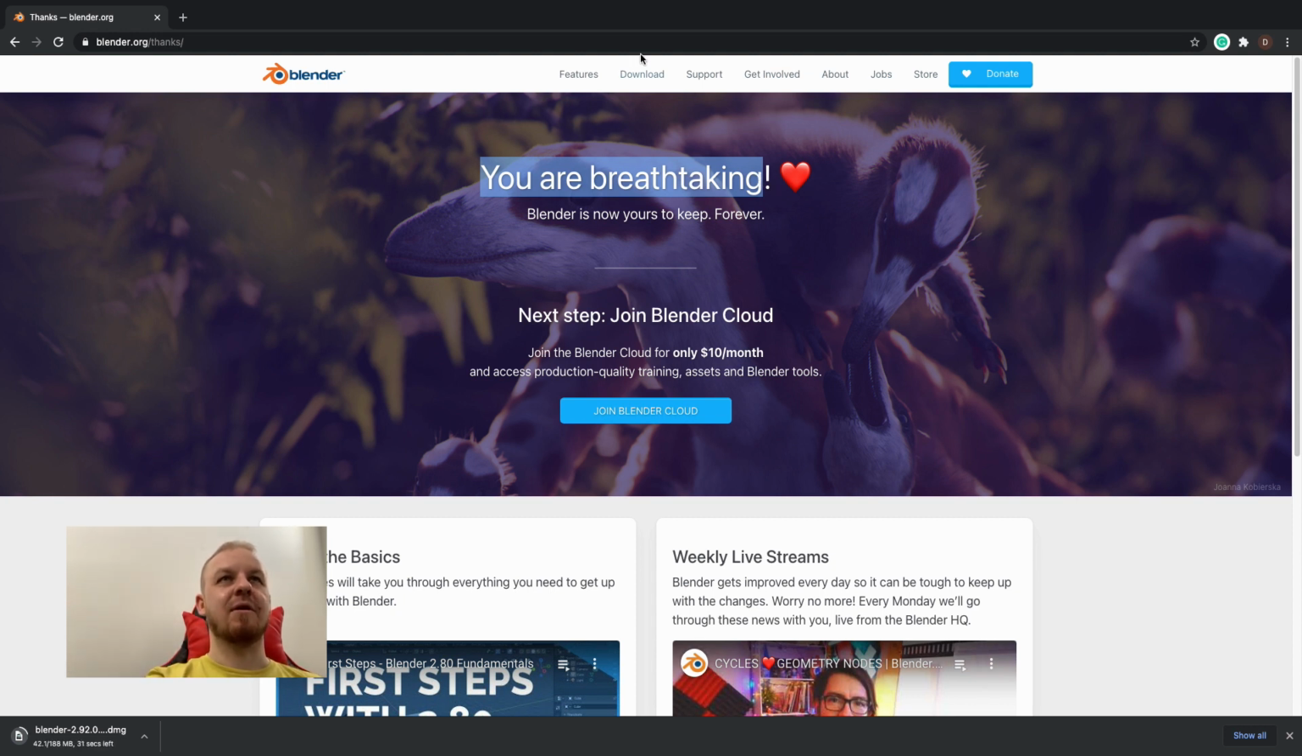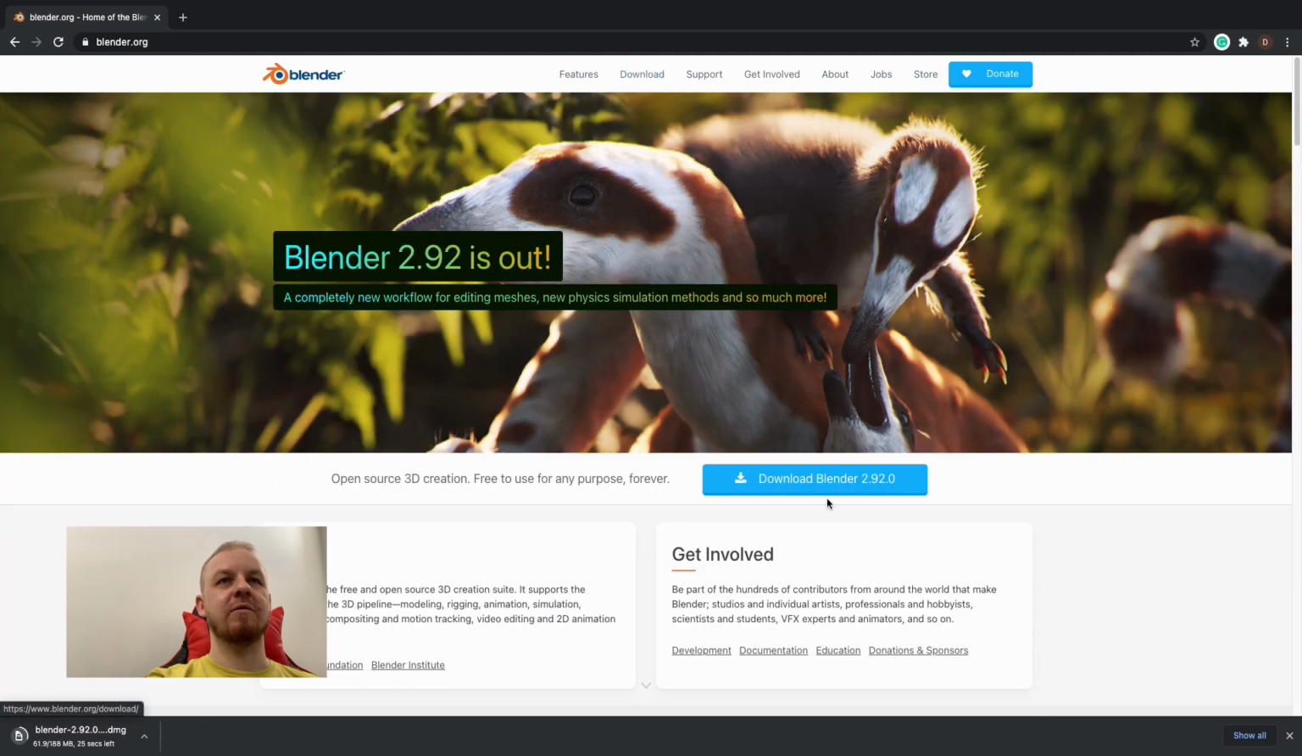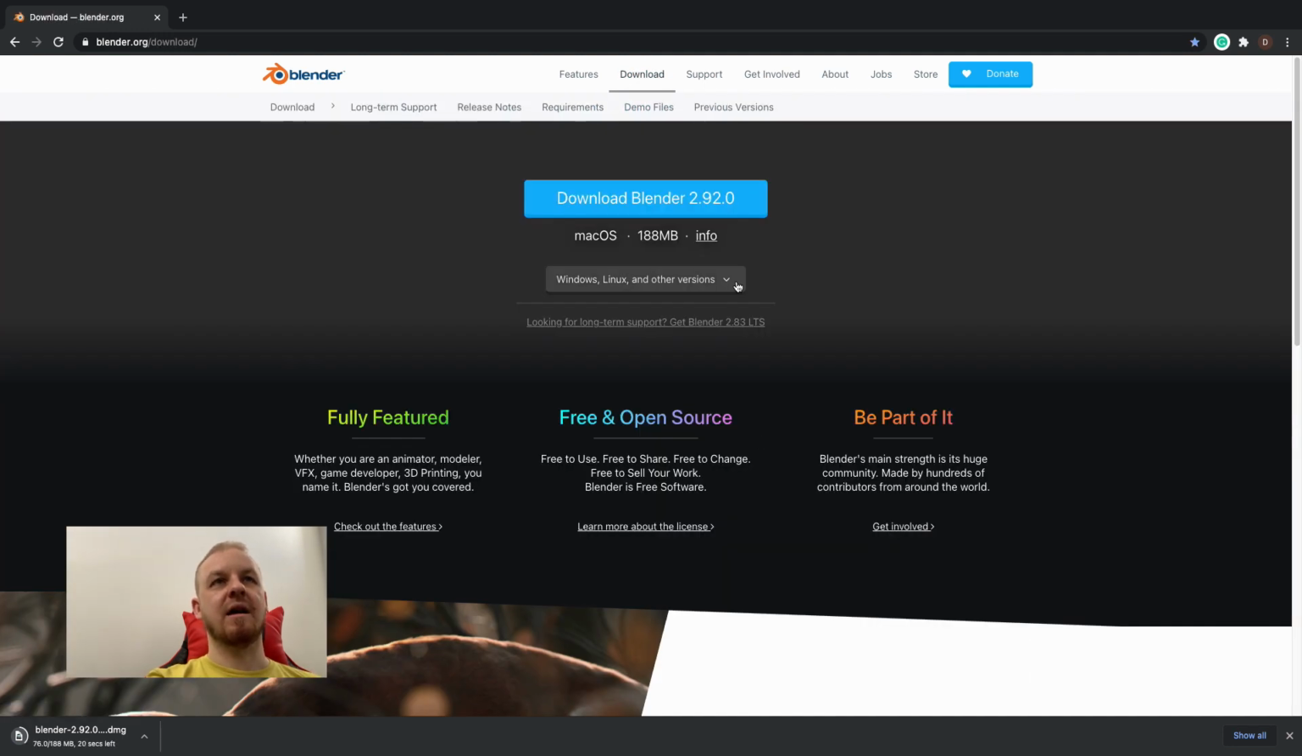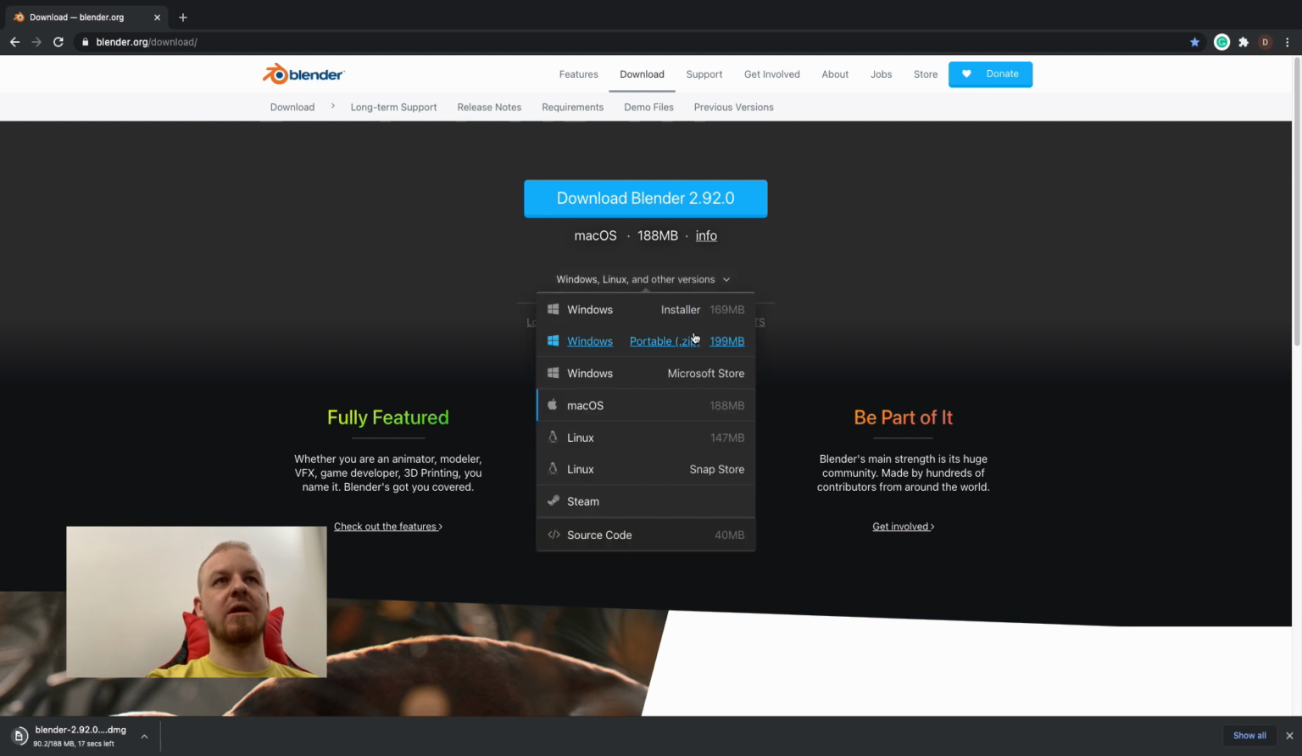And if you go back here again for download, you can see that you can actually choose many different versions. So you have an installer for Windows and a portable zip file that you can extract and use, and Microsoft Store. For macOS you have one option, and for Linux you have two options, like this one and the Snap Store. There is also a Steam version and the source code if you want to build it from source, or maybe